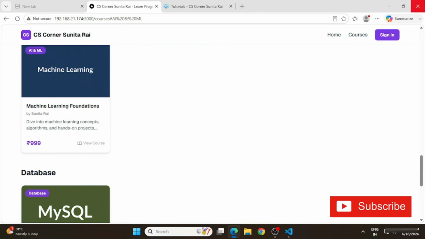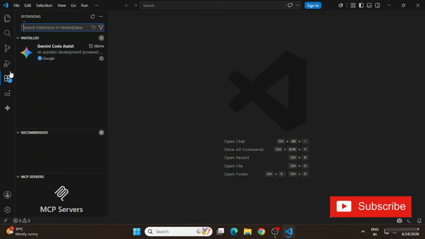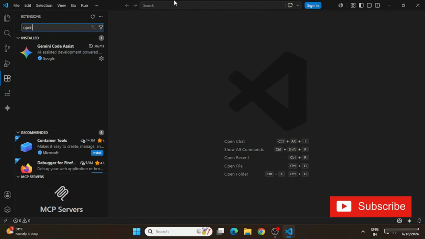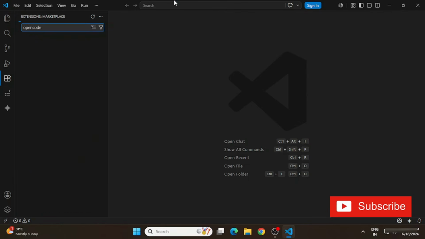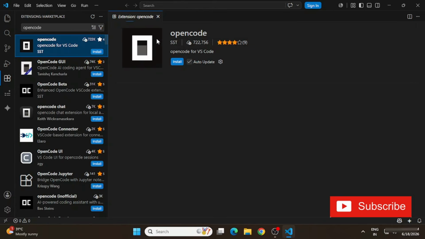First of all, you have to open your VS Code and install OpenCode in that. In VS Code, just go to the extension tab and simply type OpenCode here, and you can see this OpenCode extension. It has over 1 lakh downloads, so you don't have to worry about it.